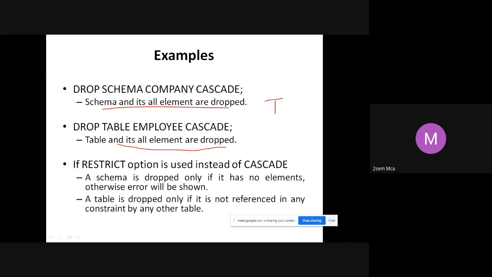Restrict means what will happen, you see there. A table is dropped only if it is not referenced in any constraint by any other table. Only then will it drop it, otherwise it will not drop. One example I can give is between the Windows and Unix OS.